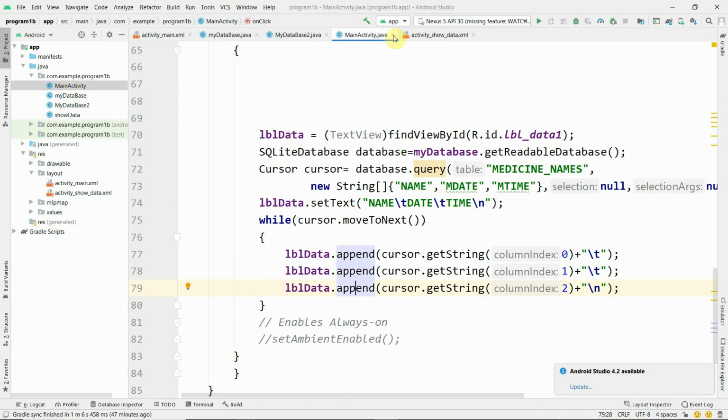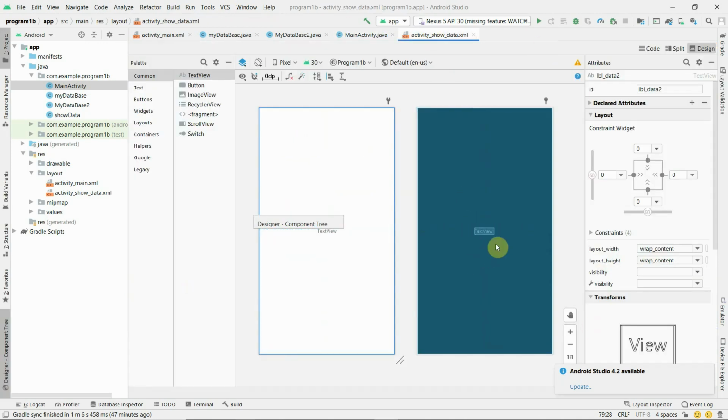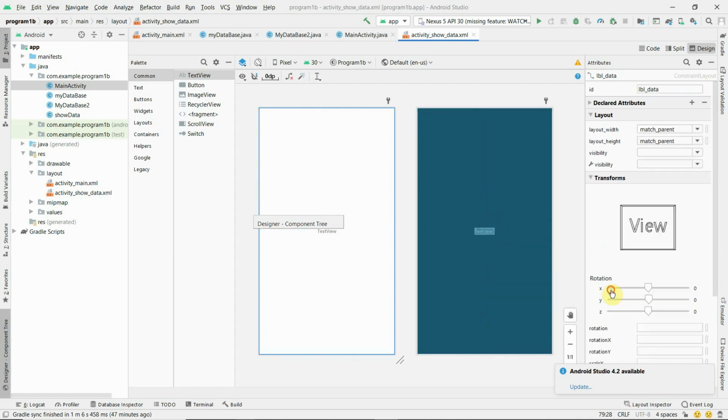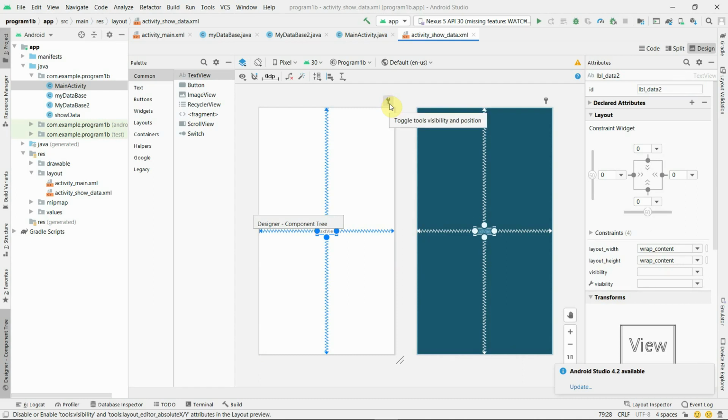And you know that in show data, to display the records we have lbl data 2 as the ID name, and if you see what the code is, there is no code, but lbl data 2 is used to show the content of the medicine database, those medicine names which have an expiry date equal to the current date.